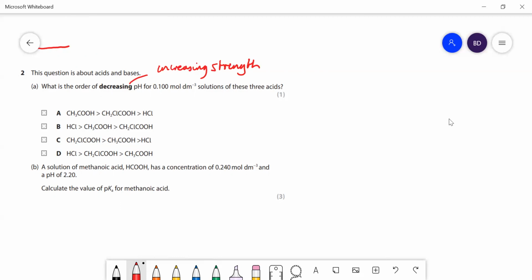Right, so we've got HCl, which is obviously the strongest acid here, so that would give the lowest pH. And then we have got ethanoic acid, which is a weak acid. And we've also got chloroethanoic acid. This is chloroethanoic acid here. Well, chloroethanoic acid, we've got a chlorine there, is quite a lot stronger acid than ethanoic acid,